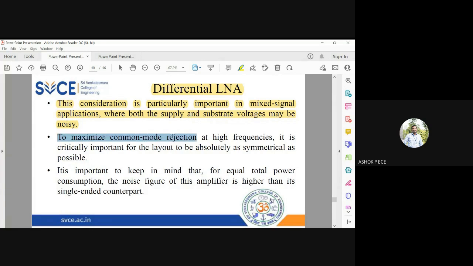And we are going to operate this at high frequency. So we are going to see how it is effectively rejecting the common mode signal at high frequency. That is possible by layout. And you know the structure is symmetrical, so layout is going to be very, very easy for this differential LNA. And the total power consumption also you can find is going to be 2 times of the 1/2 of the circuit. And noise figure is going to be very much higher, like very much higher than the single